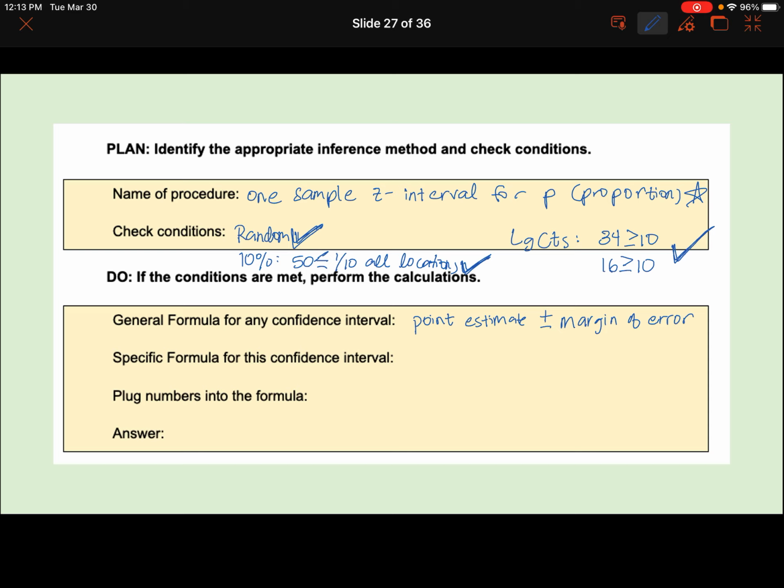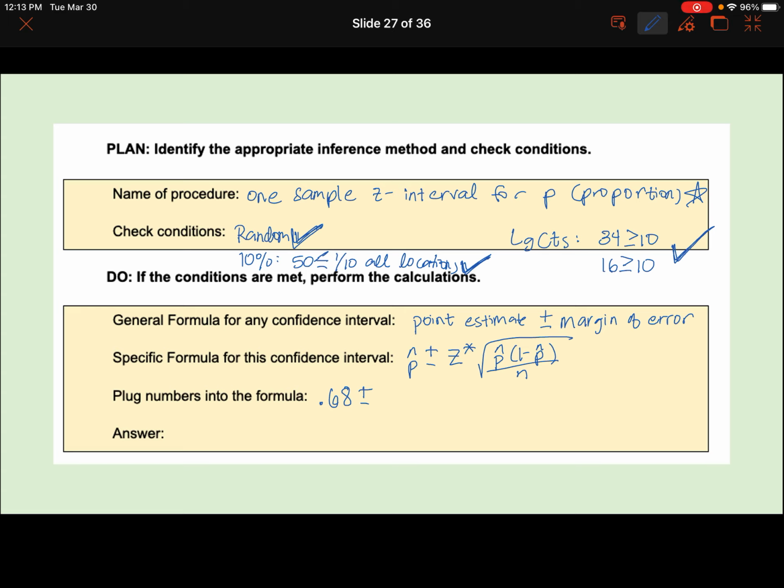Next up is the specific formula that we're going to use. And here we only know one formula. We're just going to use that one. It's going to be your point estimate plus or minus z star, and then big square root p hat (1 minus p hat) all over n. Next step is plugging numbers into this formula. So our point estimate was 0.68. I'm going to do plus or minus